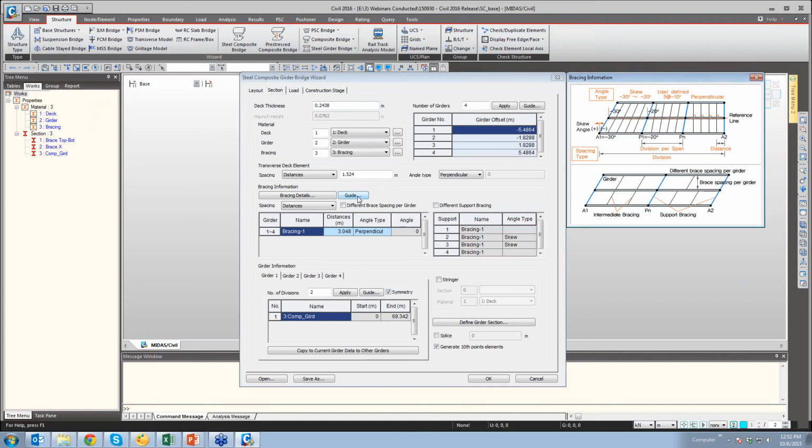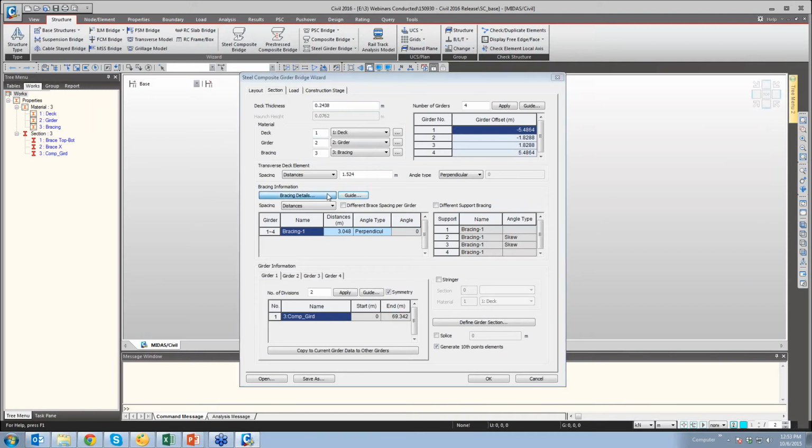So for bracing, if you go to guide, if it has a skew angle, your beginning and end, then accordingly the bracings could be given. So you could mention that angle, or you could give the number of divisions and the automatic division will take place, or you could just mention that these should always be perpendicular. So that would be perpendicular to your main girders.